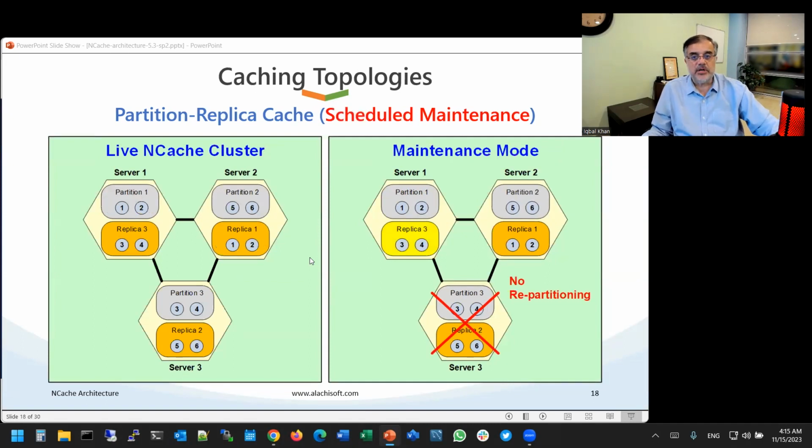Although that dynamic partitioning is very, very useful, very powerful, there are some cases where you don't want to repartition. And one of those cases is scheduled maintenance. Let's say you are doing an operating system patch, and that patch is going to be bringing the server down for 5 minutes or 10 minutes. Well, you know that your entire cache cluster might have tens of gigabytes of data. So you don't want to repartition just for that 5 minutes and then repartition again when you bring that node back up. So you can turn on a scheduled maintenance feature of NCache,